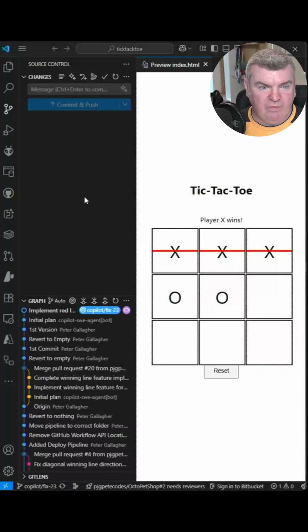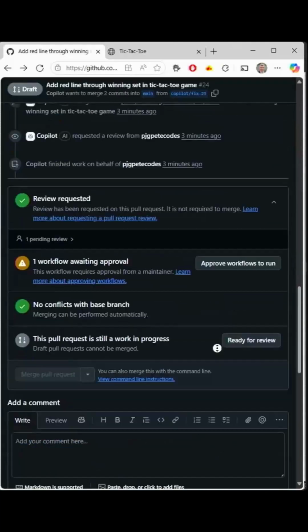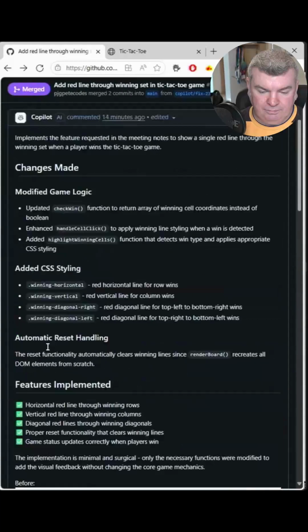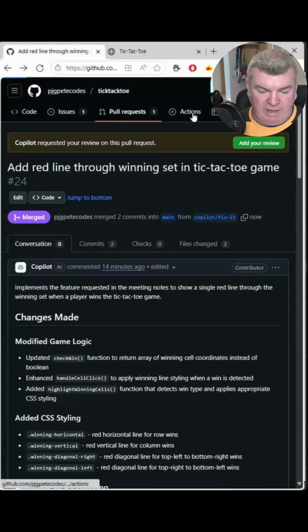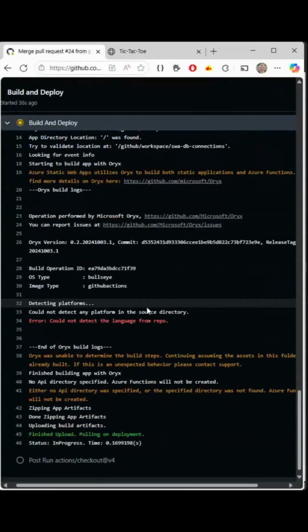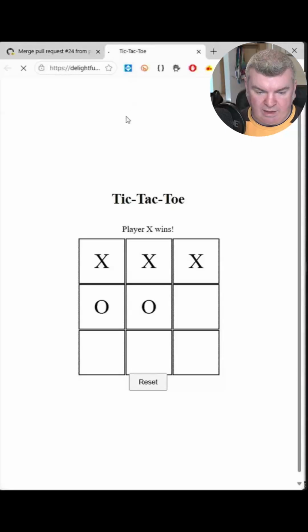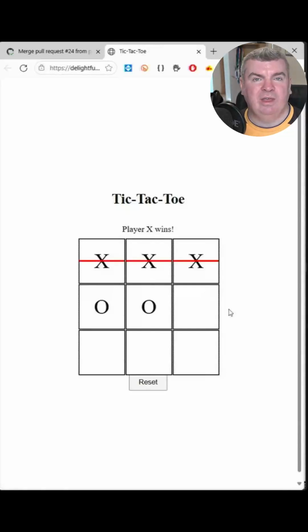And we can even approve our pull request. And then an action will begin. And then we can refresh our tic-tac-toe game and give it a go. And there we are. So what we've seen here is that in Visual Studio Code, we can use GitHub Copilot